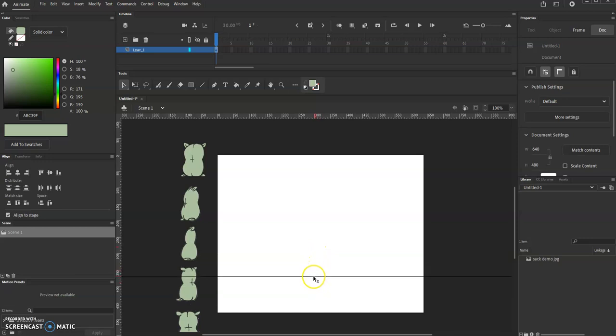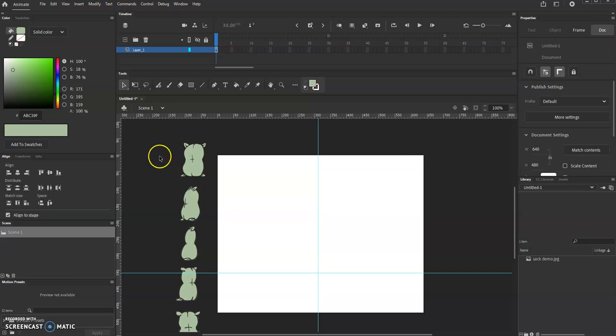Once you get it where you like it, in this case I'm going to go ahead and have the bottom of the sack at about a third of the way up from the bottom. And then I'm going to go to the left hand side and using the vertical ruler, I'm going to left click and drag a line to the center of the stage, as close as possible to that center. And there we are in the center. Okay, now